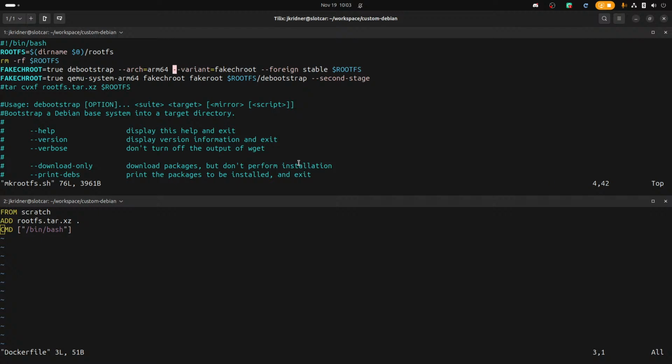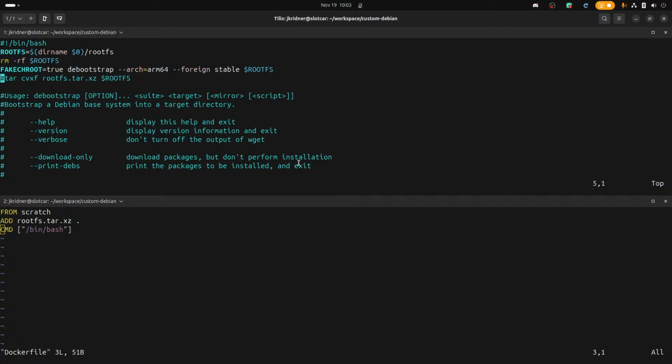I don't know that I need the variant fake root if I just do stable, because I'm going to. Yeah, this is meaningless. So I should be able to